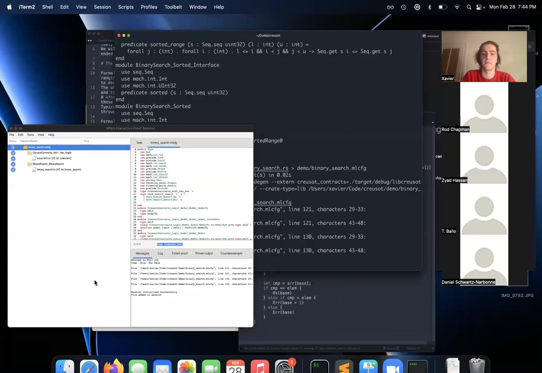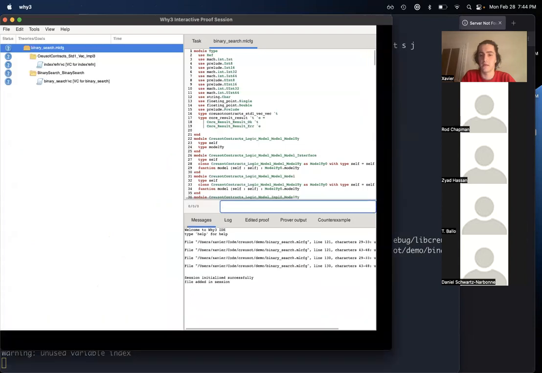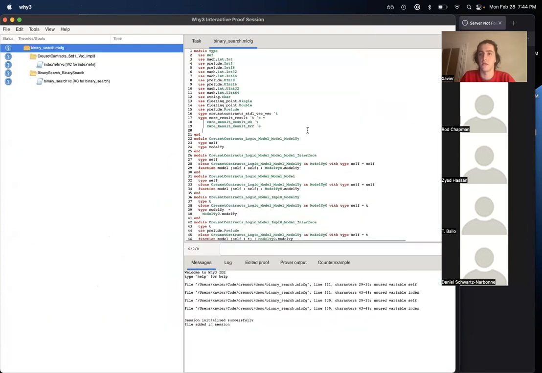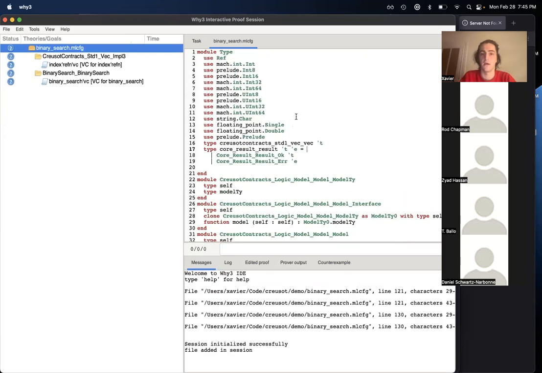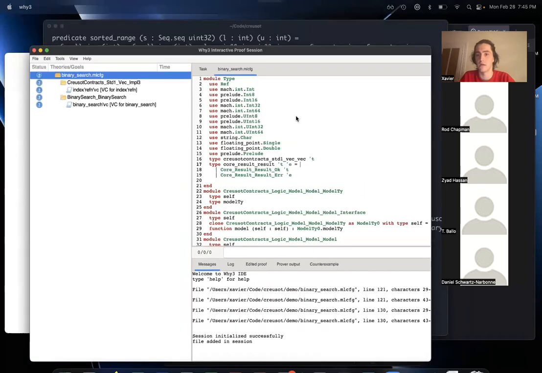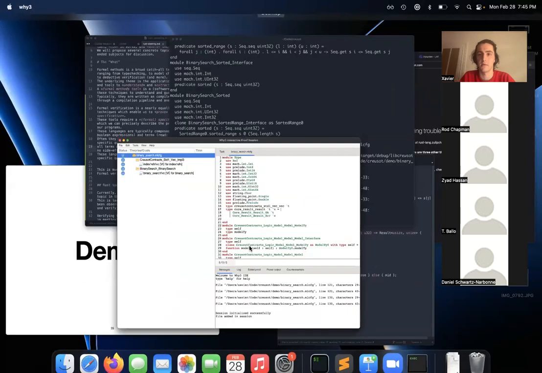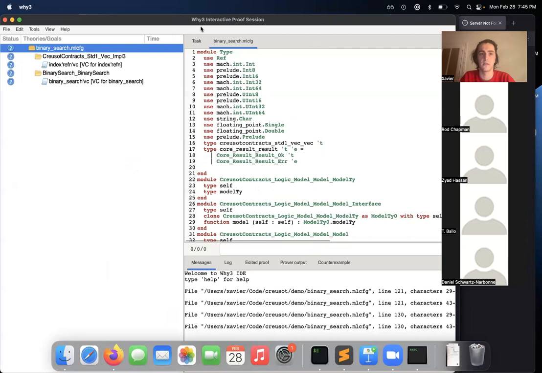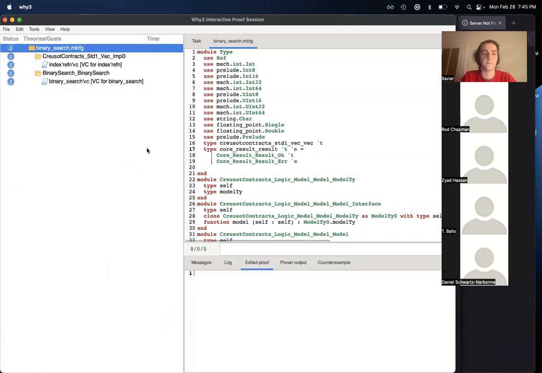We get this file, we get this view over here. And I'm sorry, but the chat window has disappeared now that I'm sharing my entire screen. So if you have a question, please don't hesitate to let me know, but I don't know if I can. Oh, okay, there we go.